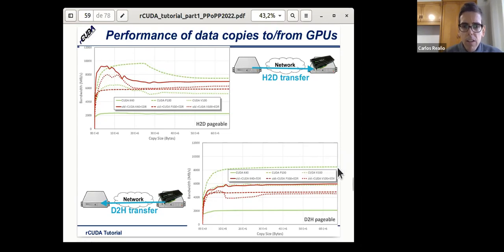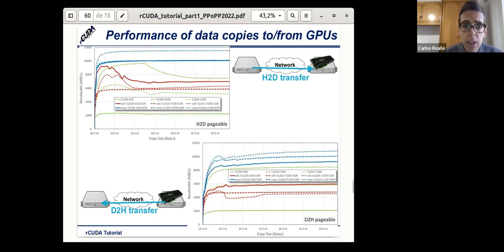In this case, at the bottom right of the figure, we can see that in the case of the V100, the performance difference is higher. And as you can see, as new GPUs appear, our performance was going down. So we started a research here to see why, when we have a newer GPU, the performance is worse than the previous generation. We detected that there was something not working very well in the internal architecture.